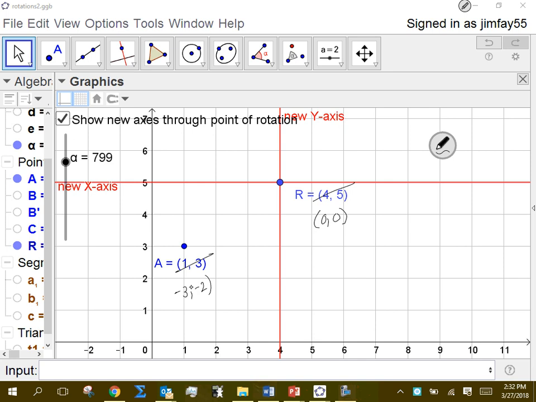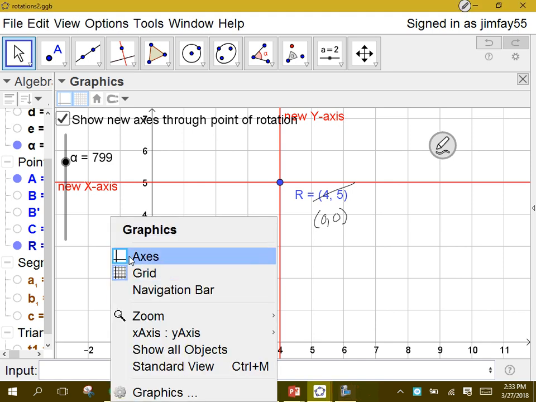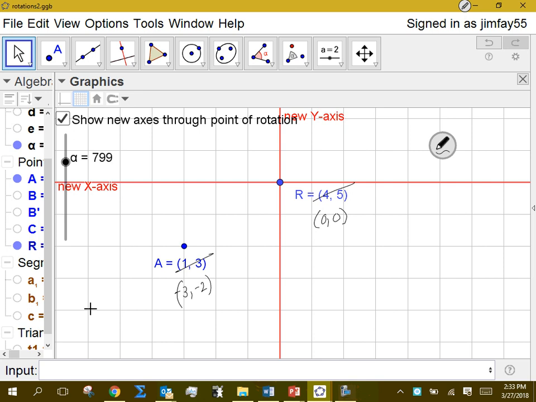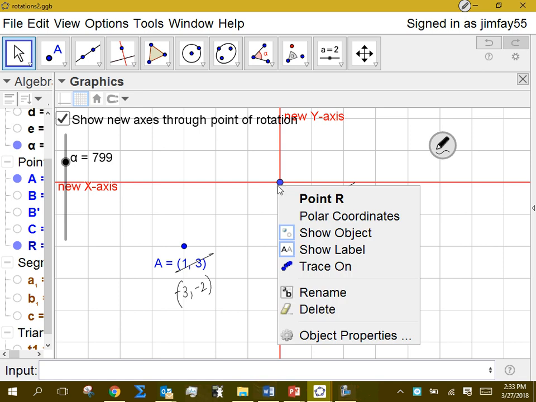Correct? Okay. So the whole idea is that what we've just done is really got rid of those other axes. And now we're going to rotate around this origin, this being 0, 0. Does that make sense, everybody? Okay, so